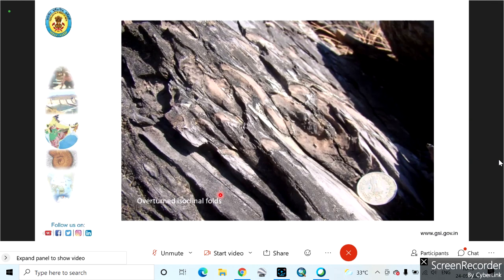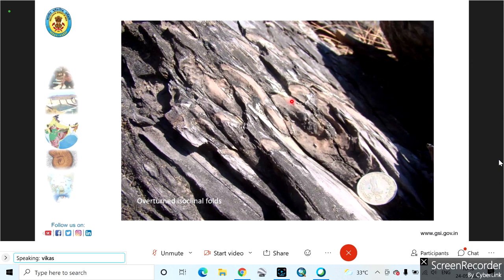Okay, some other structures we should be very careful about, especially in terms of shales. Shale, as you know, is very fine grained, and if it's very homogeneous, it's very difficult to identify even if it has been doubly deformed. If two generations of folds have developed, it becomes very difficult to identify in the field how the deformations are present. But this is what I was trying to say, that you try to identify those intrafolial folds with the help of lenses, or if you are very lucky, you can even get such type of features also.